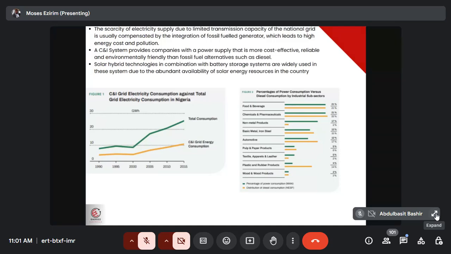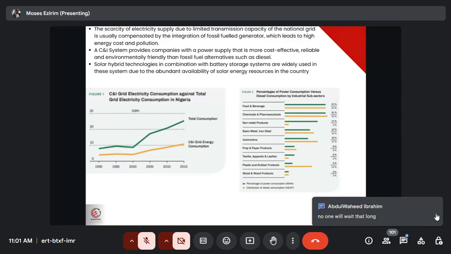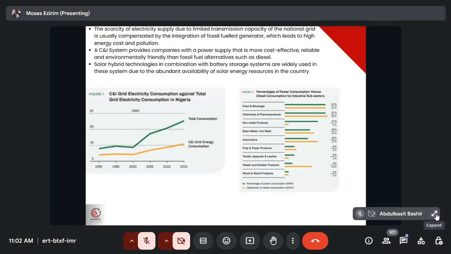Yeah. No one will wait that long. Sure. Nobody can wait that long. 20 years is more. But as of now, we have a reduced cost in the battery. That is the reason why you notice that a lot of people are now integrating solar with battery. Because of the economics of scale, the cost of battery has reduced. So that's the reason why a lot of people can now use battery, use solar, everything is now